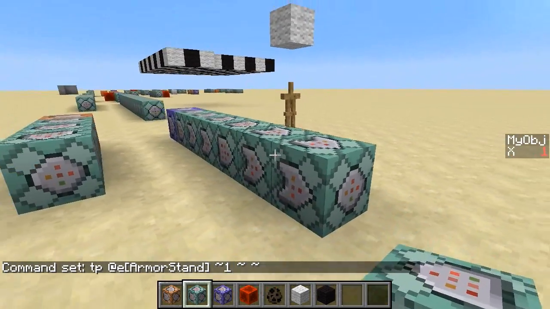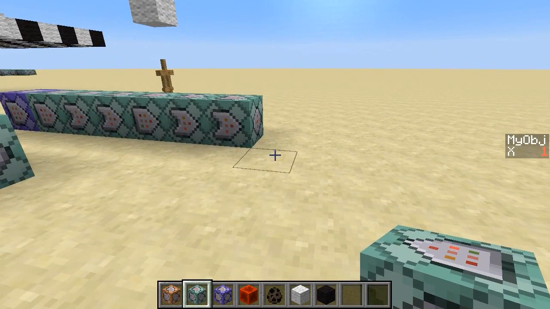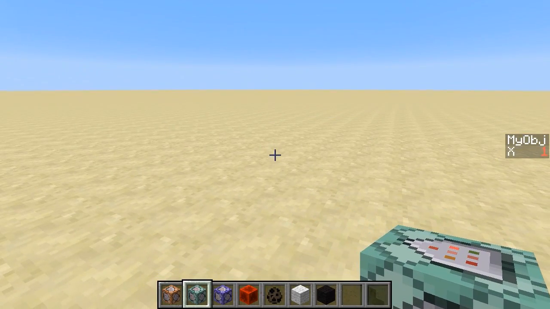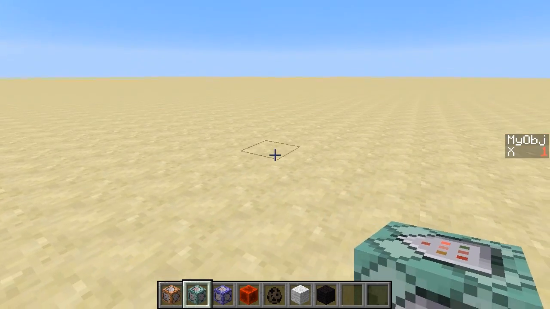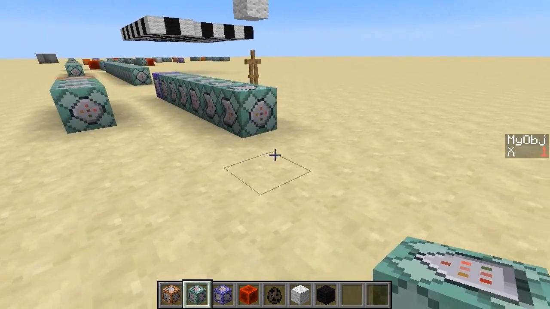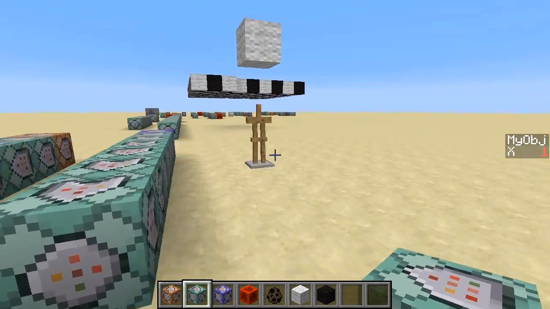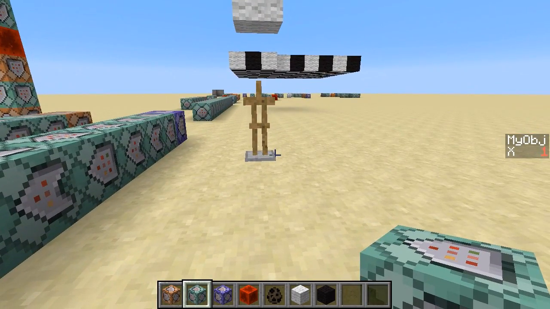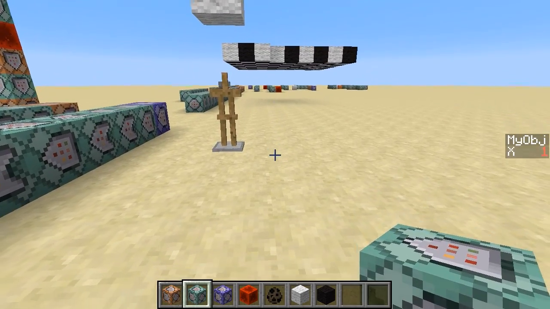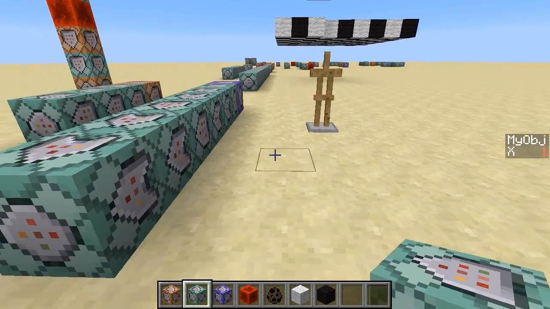All right, so we've done the first part. We've moved the armor stand to the new location. Now we need to decide what color we're going to make the wool and then actually place the wool, the remaining bits. So to decide what color we want to make the wool, we need to, as I explained a moment ago, look 1 square above it, look 1 square to the left of it, and count how many